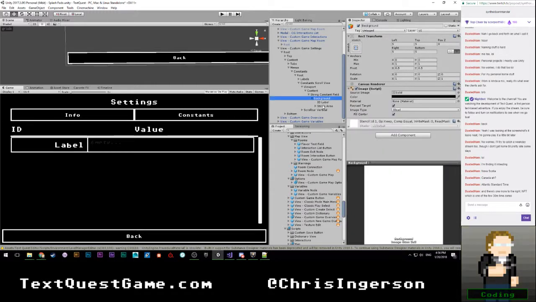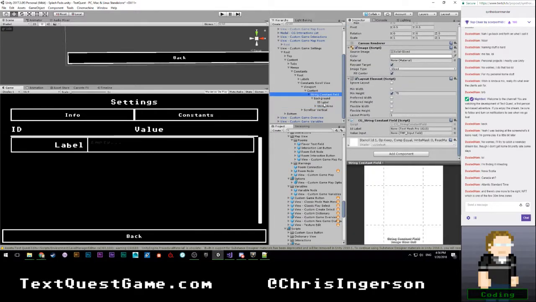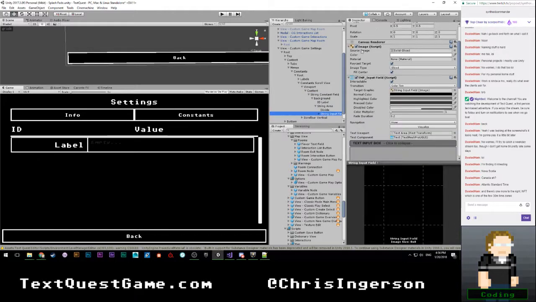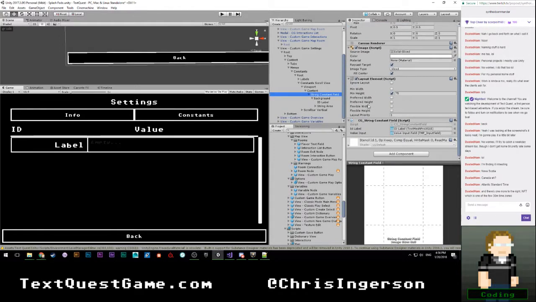So, okay. Let's see. For this, we're going to want to attach our ID label, followed by our string input field. I'll go ahead and rename this to our constant, or how about value input field? Okay. So that should be all we need for this prefab.